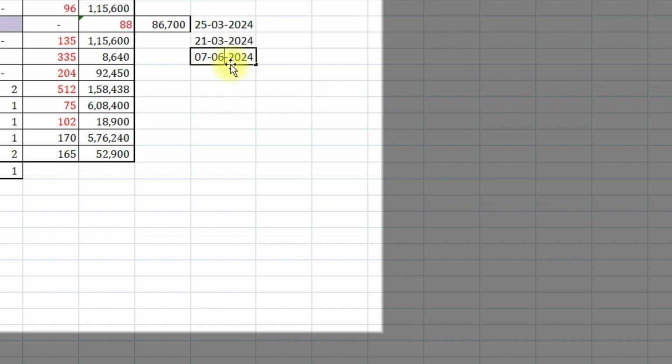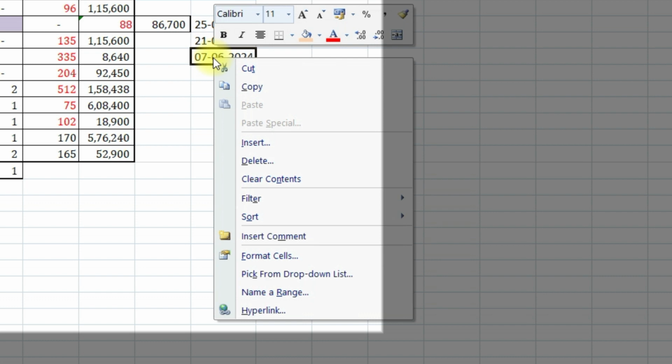This data interchanges. Suppose I do the formatting of the cell this way,